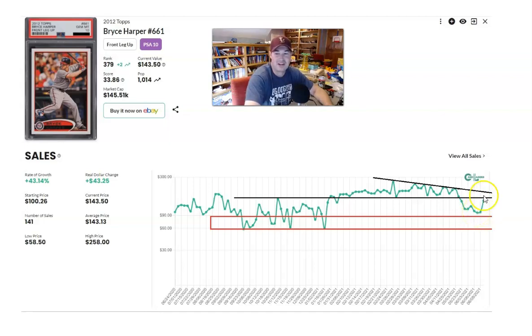So all right, but back up to this $150 area, or pretty close to it. So we'll see what happens here. That's one sale. A few people believe this is the price. One person believes this is the price. Could be a little bit of backing and filling, but again, this is a guy with a pretty strong Hall of Fame path, and he's not going to command the $300-400 that a lot of other players on his track do,